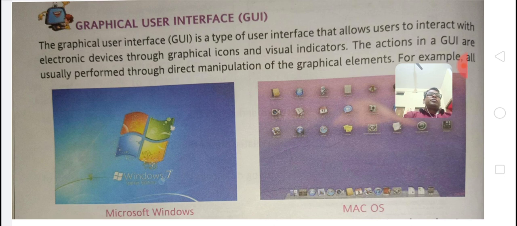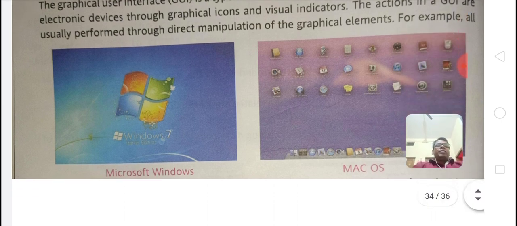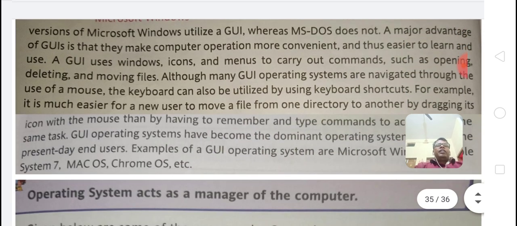Graphical user interface. A graphical user interface uses graphics to interact with the hardware. The graphical user interface is a type of user interface that allows users to interact with an electronic device through graphical icons and visual indicators. The actions in a GUI are usually performed through direct manipulation of the graphical elements. For example,